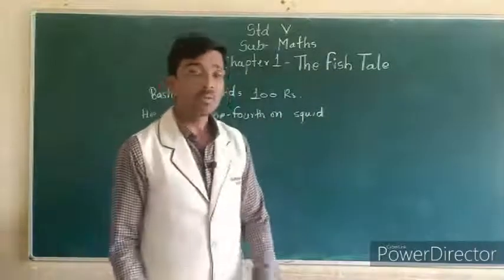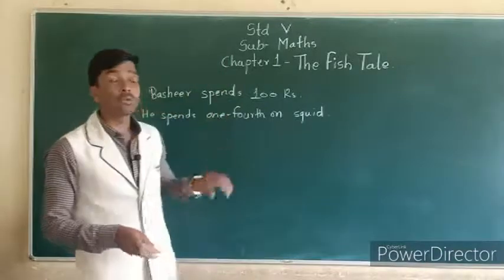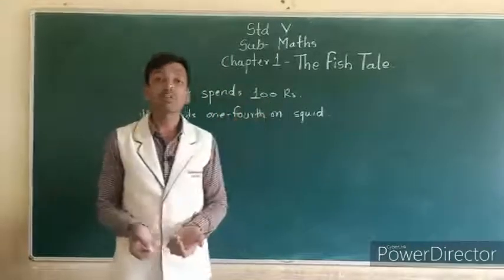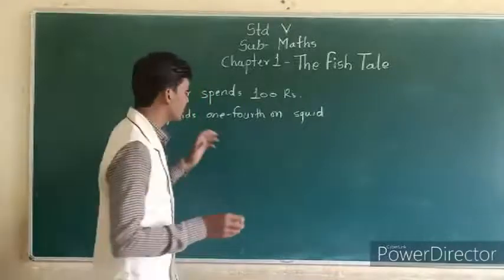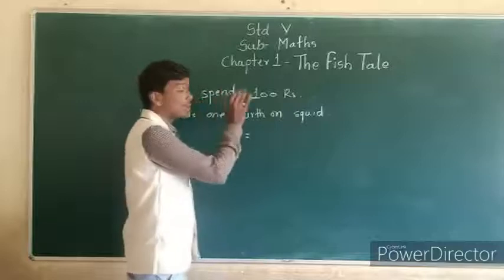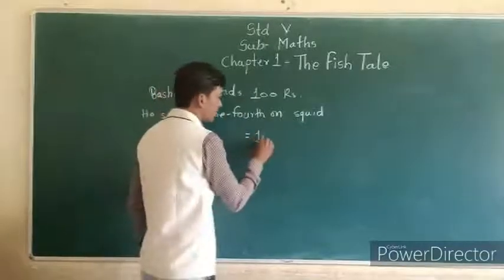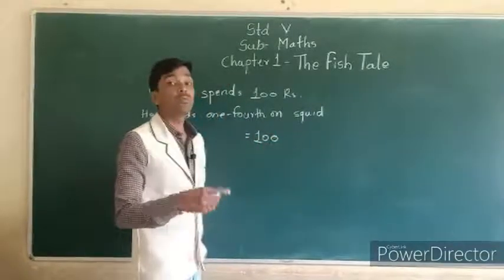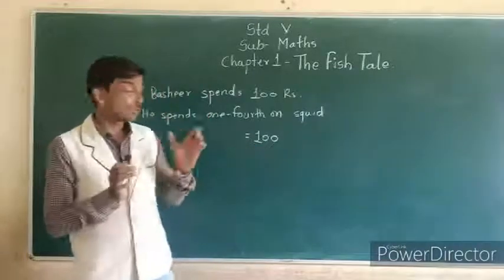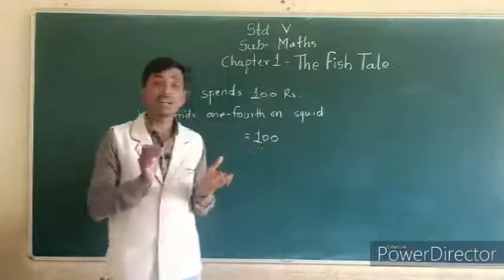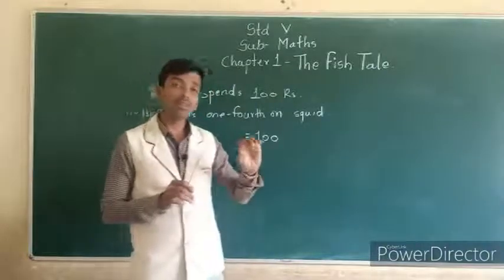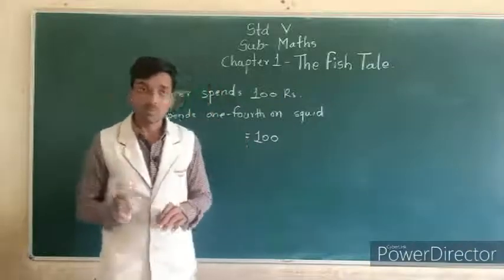So we have to find this 1/4. 1/4 of 100 means how many rupees? We can find that. Okay, see how to find this. He can spend a total of 100 rupees, and in that 100 rupees we can find 1/4. 1/4 means you can divide this 100 into 4 equal parts, and in those 4 equal parts, you take 1. That is called 1/4.